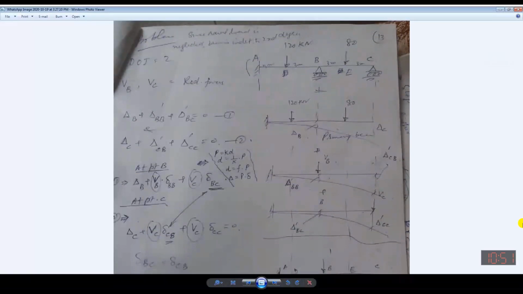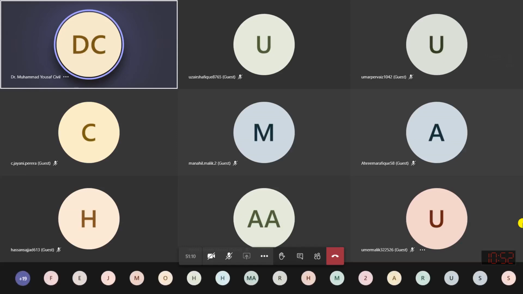Either, I have told you that there are two approaches. Either you can use the unit load method, or you can use... I have told you, either you will be using this one, unit load method, or you need to have with you the complete